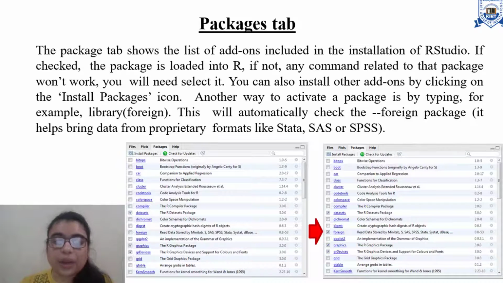You can see the list of different kinds of packages. Another way to activate a package is by typing it, for example, library. This will automatically check the foreign package when you type it, and it will help bring in data from proprietary formats.